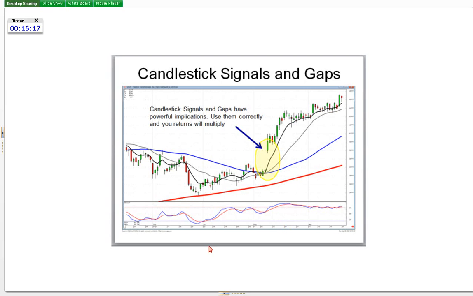Okay, let me flash through some of these. Anytime I see a gap up, especially through a resistance level, a lot of people say, I don't want to buy a stock that's up 5, 10, 15, 20, 30, 40%. I do if it's coming out of the